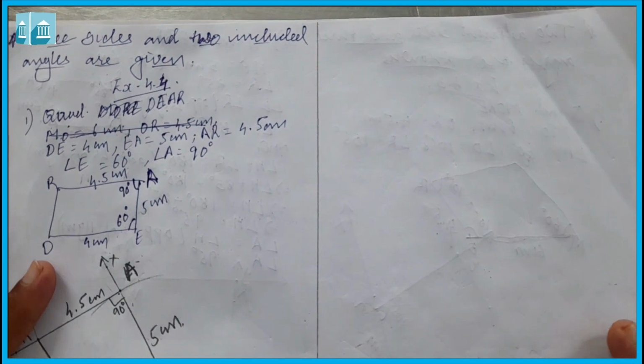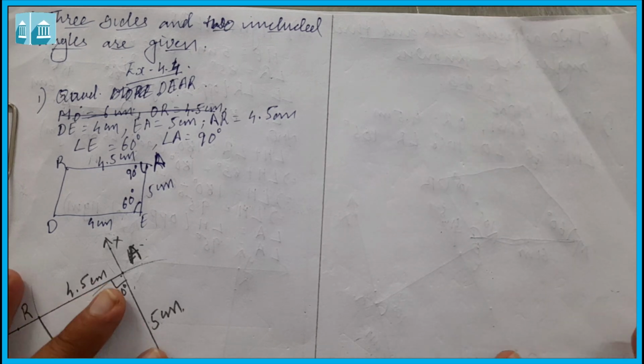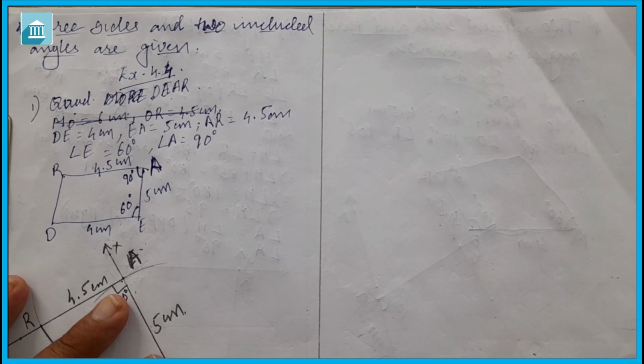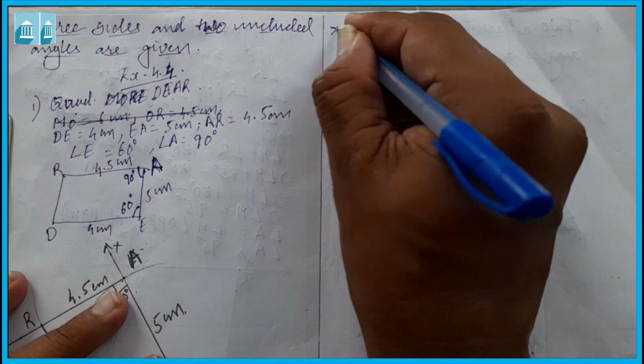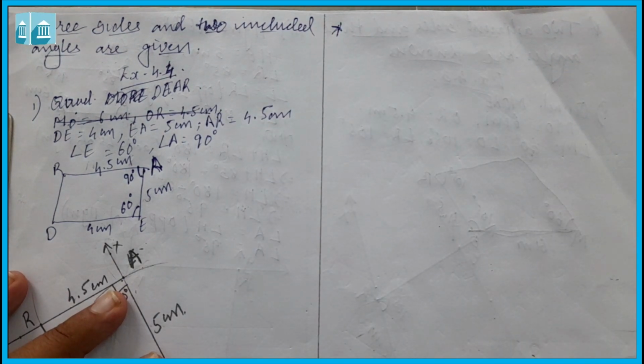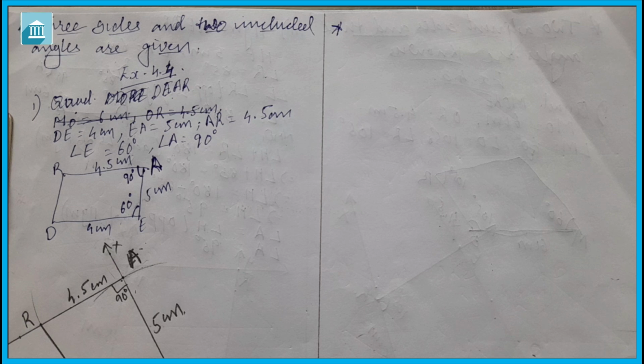For example, if we want to draw a square, if only one thing is given, then also we can draw the square, because in the previous chapter we had studied that a square is a very special parallelogram which has all the properties of the parallelogram. Means square has the properties of a rhombus also and a rectangle also. So in some special cases only one or two things are given, then also we can construct a quadrilateral.